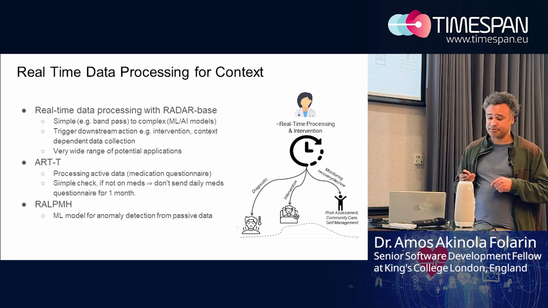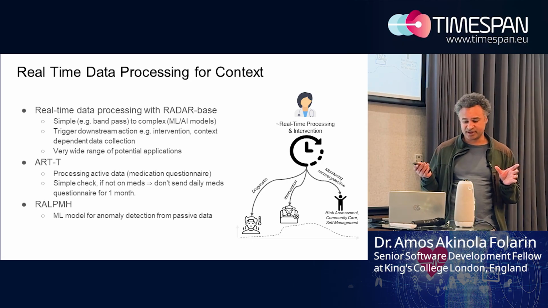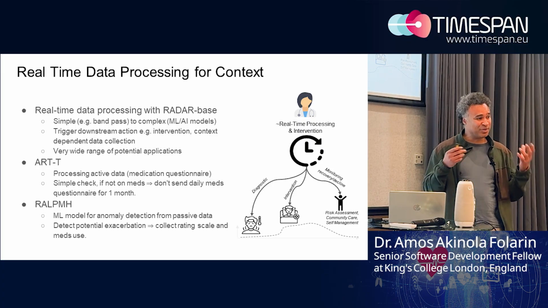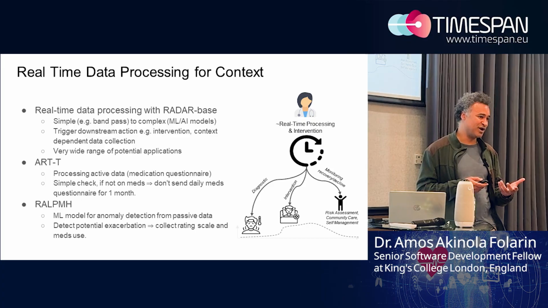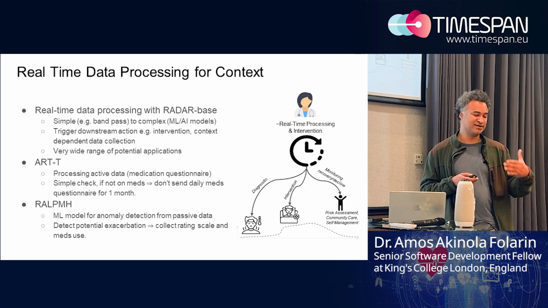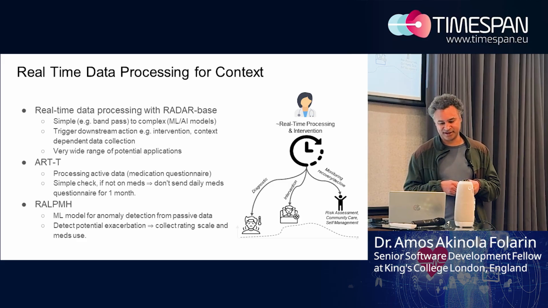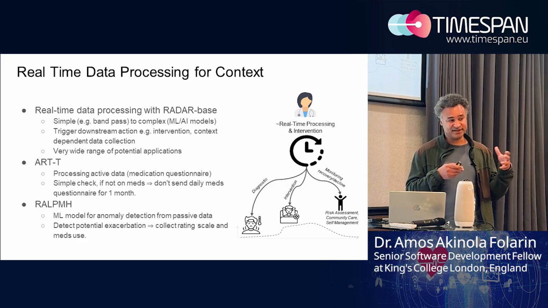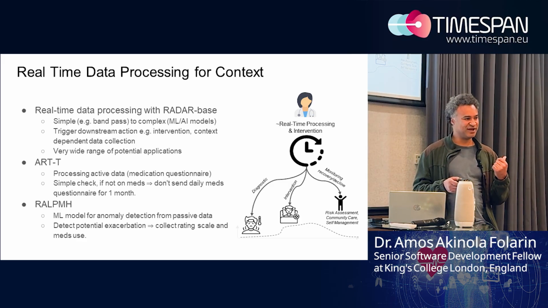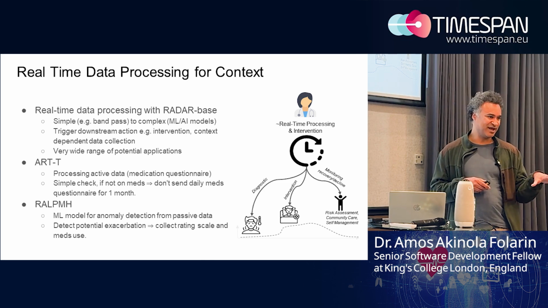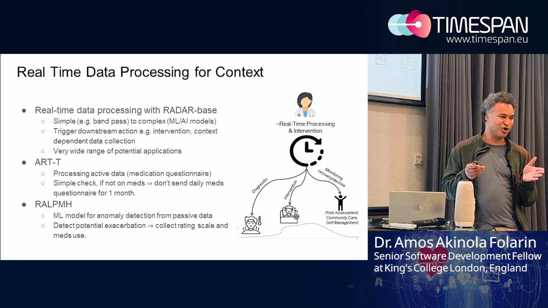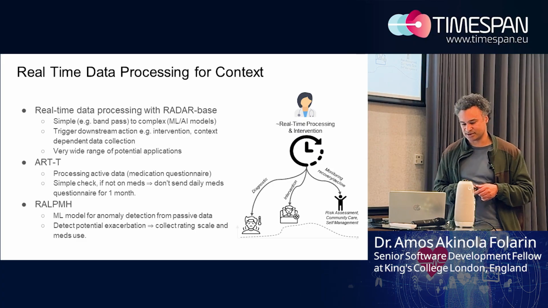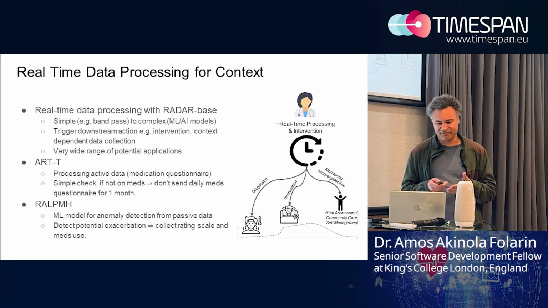And then there's a study that myself and one of my PhD students were working on, looking at people with COPD and inflammatory lung disease. Here we have quite a complicated machine learning anomaly detection model that tries to establish when people are experiencing an exacerbation, a worsening of their lung disease condition. When we think we've detected one, we send them a notification with a questionnaire to rate that, essentially trying to establish whether we're doing a good job of predicting their exacerbations. So, a very simple use case.